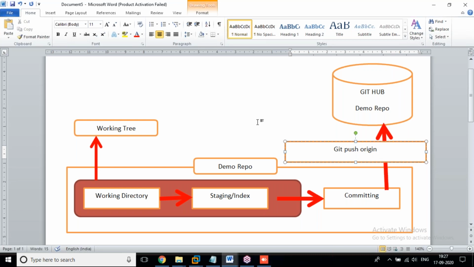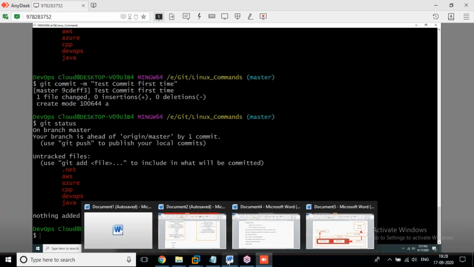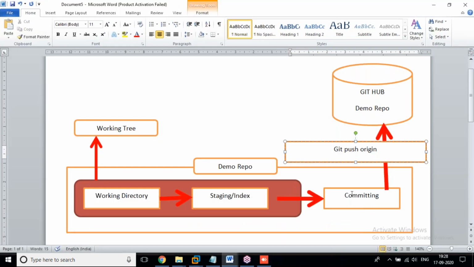We have some examples here. We discussed git: cat greater than file name, touch file name, git add file name, git commit file name. These are the syntaxes. If you specify git add Java or DevOps or CPP, keep in mind that's not correct. First of all, try to deliver the syntax. Then if they ask once again for an example, you can apply that.